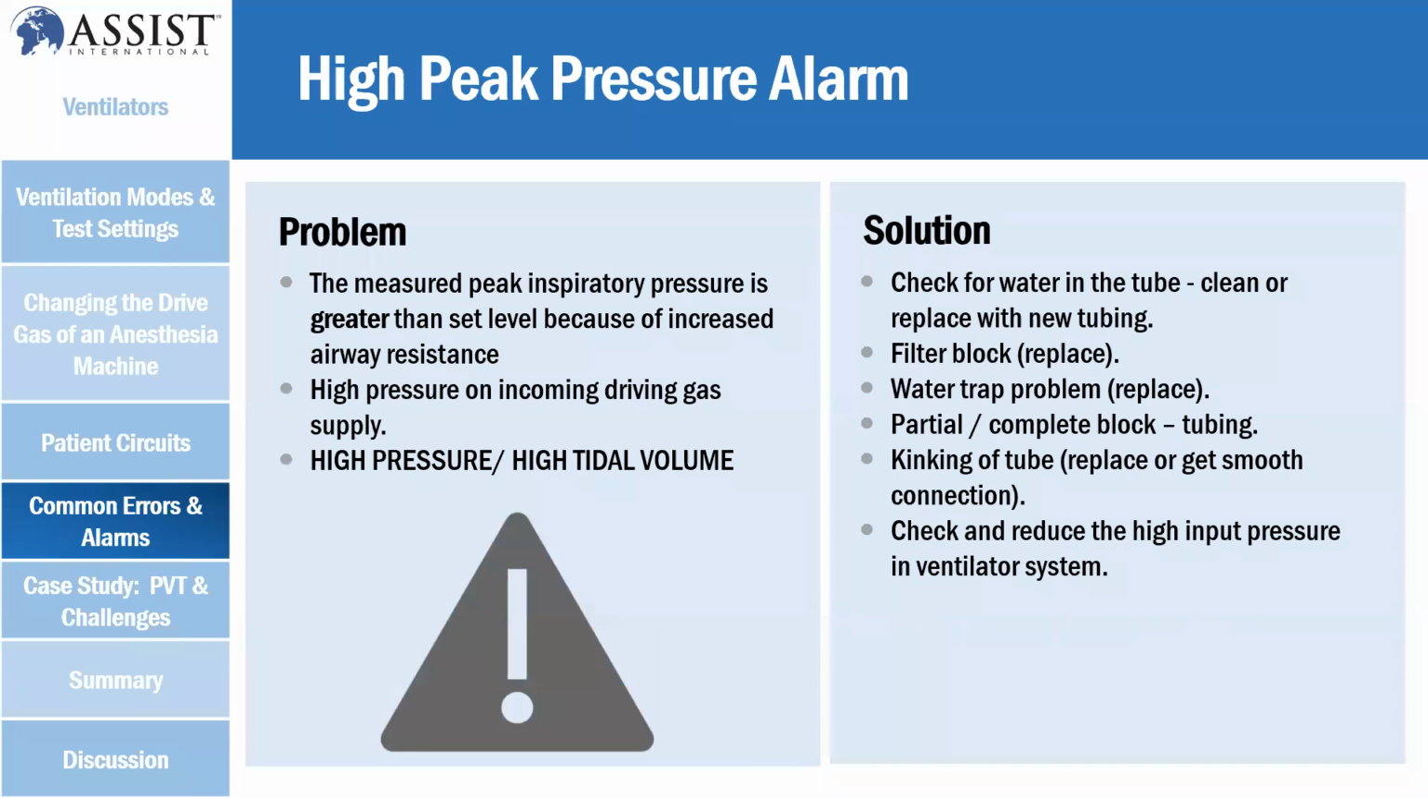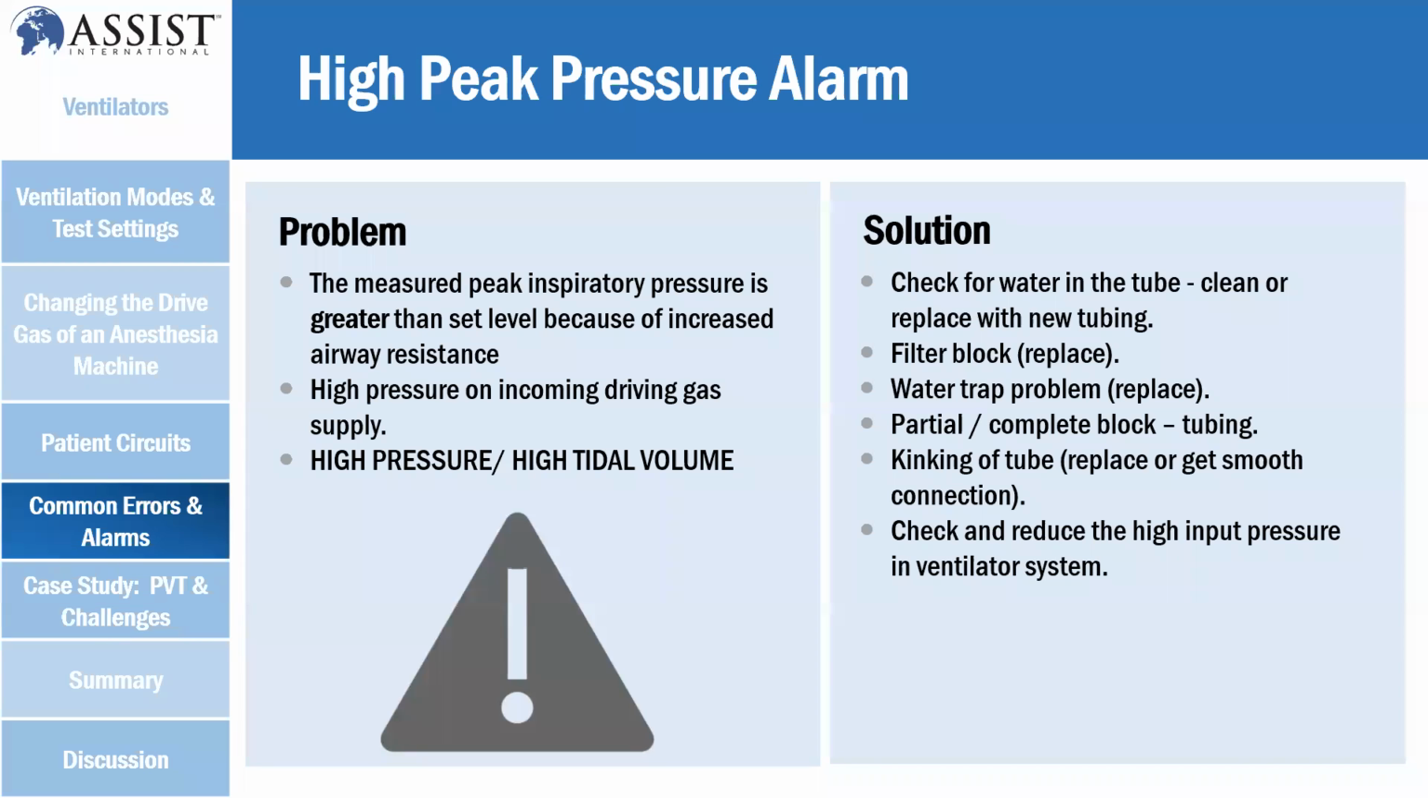High peak pressure alarm. Normally the problem is that the measured peak inspiratory pressure is greater than the set value. It can be very high because of increased airway pressure or high pressure on the incoming driving gas. So it shows a high pressure alarm and high tidal volume. When you get this type of problem, always check